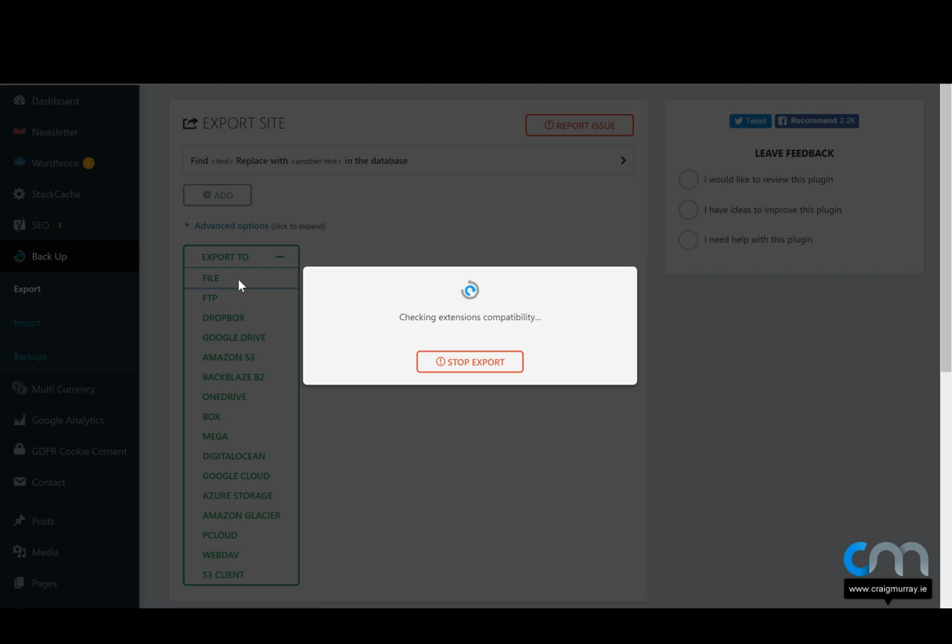Once we do that, it's going to prepare our export, put all the files of our website together, all the databases, and pretty much put everything into a zip folder for you. As you can see, it's just archiving all the files of the website now. And once this is done, we'll display a download link for you to download it directly to your computer. So if we just give this a minute now,